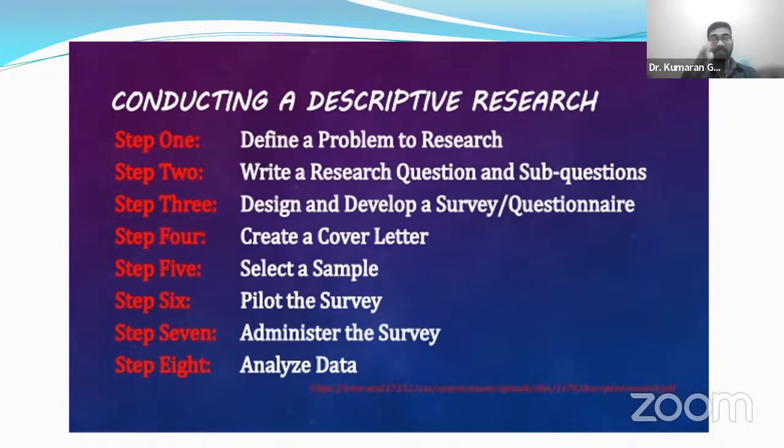The cover letter includes everything: your details, your scope, your aim for this study, and your context, and make sure you put your consent letter behind. Then select a sample, pilot the survey, administer the survey, and analyze the data. As I told you earlier, this is the normal step.